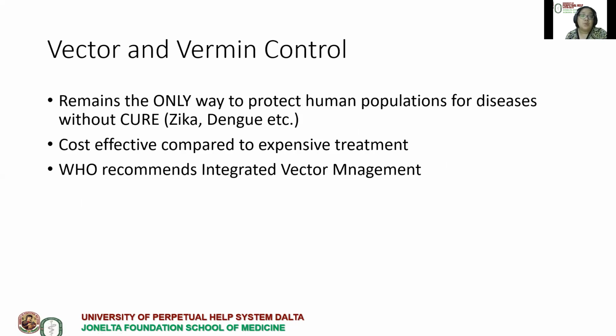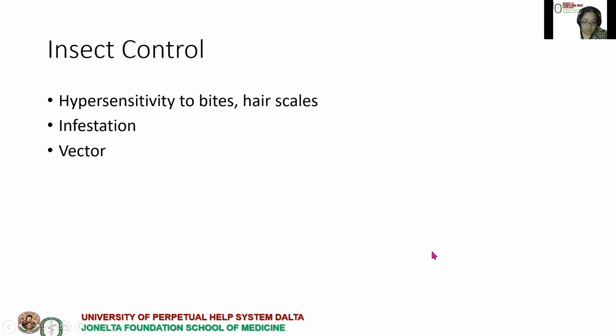Vector and vermin control would remain the only way to protect human populations from diseases without cure, such as Zika, dengue, etc. And it is most cost effective compared to expensive treatment. So the WHO recommends integrated vector management. So most common would be mosquito or insect control, and we have to control this because of hypersensitivity to bites and hair scales. Sometimes it is infestation of insects